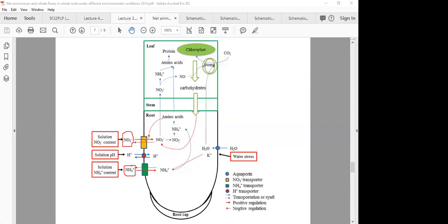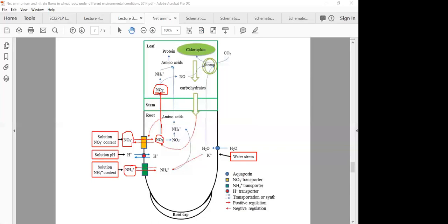In yellow, we have a nitrate transporter, which obviously transports nitrate from the soil solution into the root cell. Here it is. Once it's inside the root cell, what happens to it there? Nitrate can be, one, transported through the root cells, through the stem cells, and into cells of the leaf. What happens to it then? It is